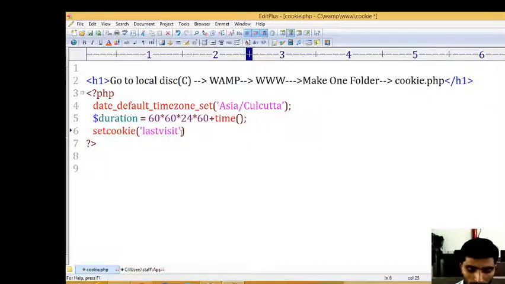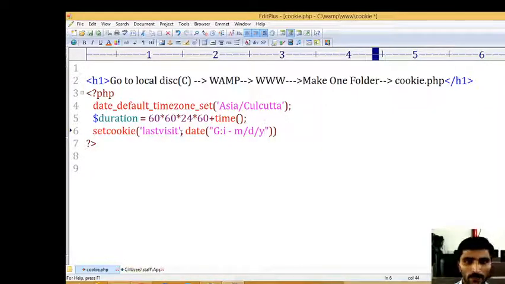Then comma, and you have to give the date format. The date is a function, and within it you write in double quotes capital G, colon, small i, space, hyphen, space, M/D/Y.